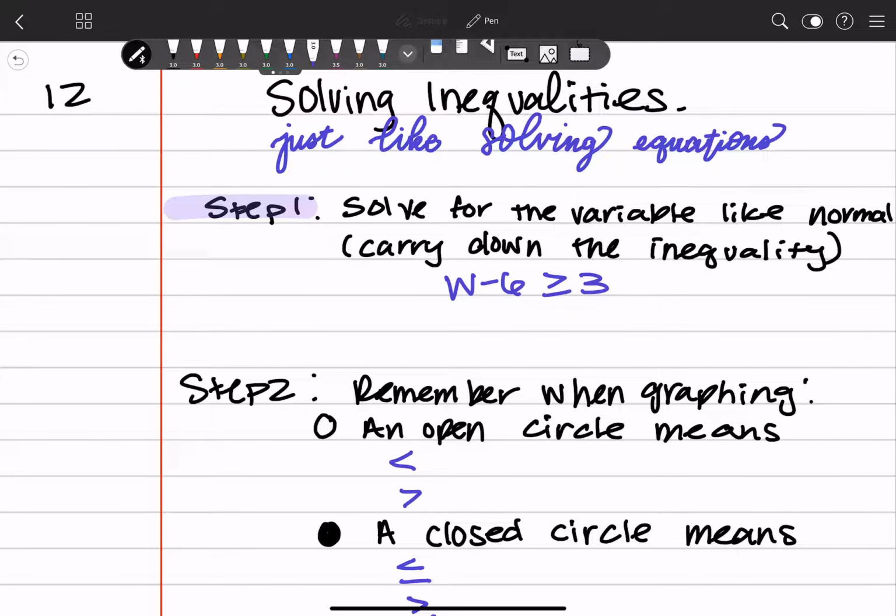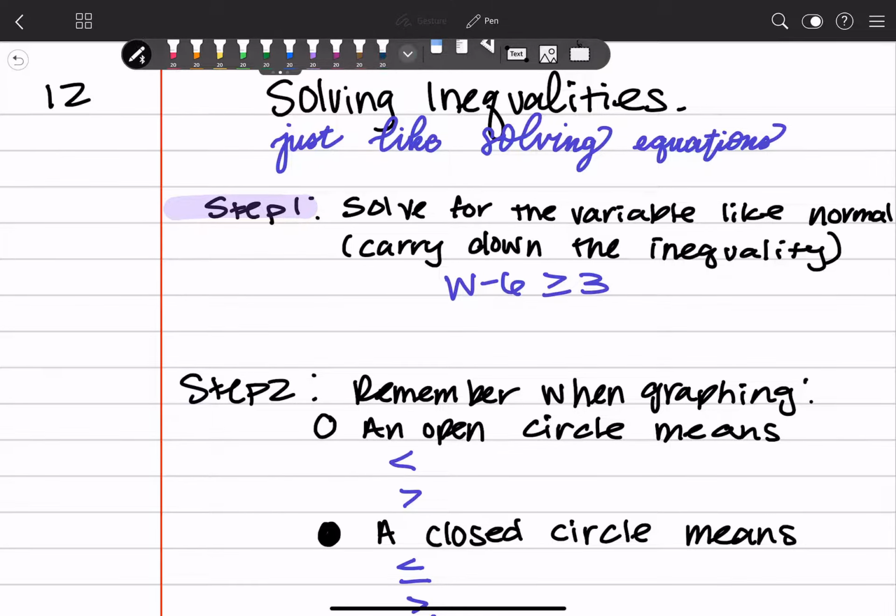Hey everybody, so we're going to be talking about solving inequalities today, and it's just like solving equations, so don't worry about it. We are going to go through the 3 steps of solving it, and then there are 2 rules that you have to look out for. We're going to be taking about 2 pages of notes to write these down. Your first step is to solve for the variable like normal. So just solve